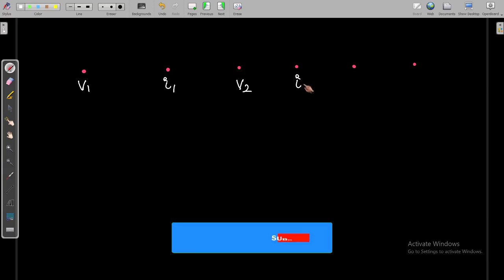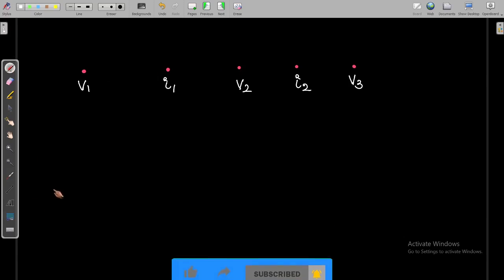So let us give the names. V1, we will write the names as V1. Next thing is, after V1 you are getting I1, after I1 you are having V2 there, after V2 you are having I2 there, next after I2 you are having V3, then you are having this, no need, this last one is no need. So let us draw the graph here.